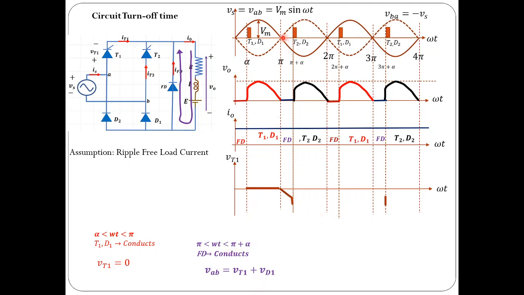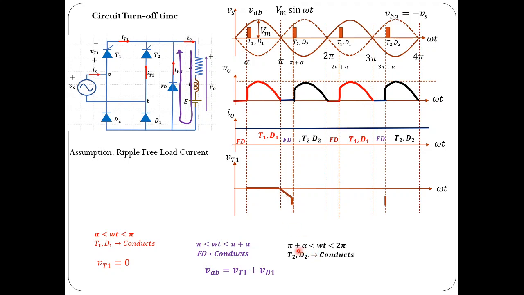So the source voltage is equal to thyristor 1 voltage plus diode voltage. Let me take this as the thyristor voltage drop contribution. Of course, it is going to be negative only. So this negative voltage is equal to VD1 plus VT1. I did not show VD1 here. VT1 is important because you should know the circuit turn-off time for the thyristors. So let us see the voltage across the thyristor. That is this way, it is negative.